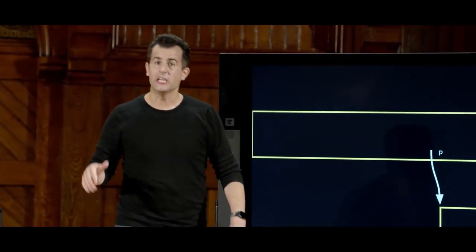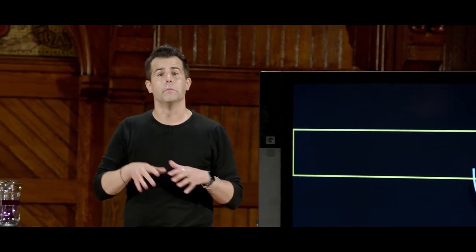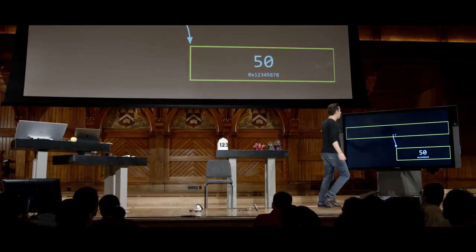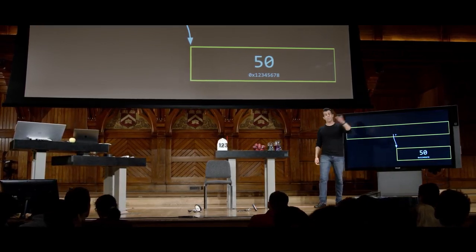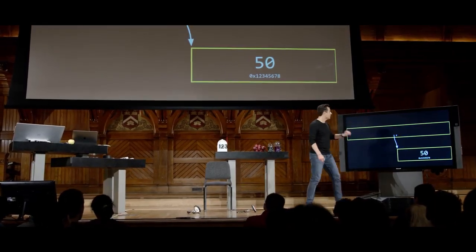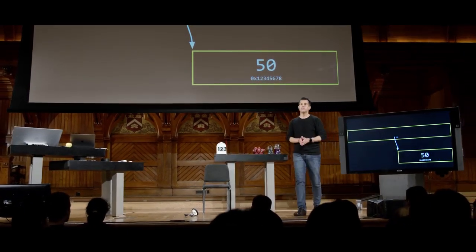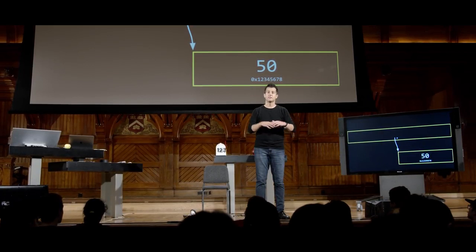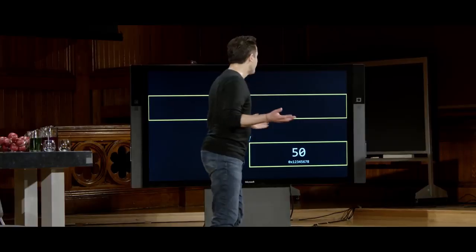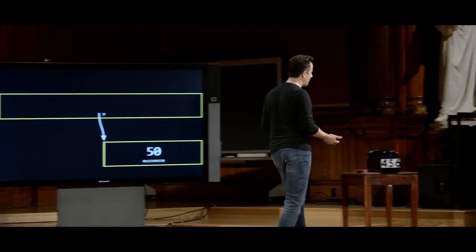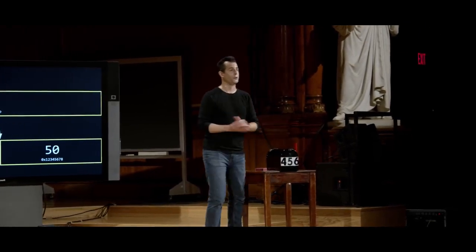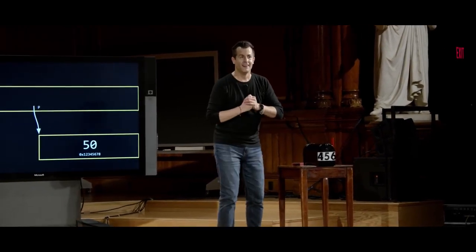Not necessarily, just this is the way life is these days. On most modern Macs and PCs, pointers use 64 bits, the equivalent of a long, if you recall that brief discussion in week 1. So I deliberately drew my pointer on the screen here as taking up 8 bytes or 64 bits. I've deliberately drawn my integer n as taking up 4 bytes or 32 bits. That is convention these days on modern hardware, but it's not necessarily the case. Frankly, I could not find a bigger mailbox at Home Depot, so we went with 2 identical, different colored ones. So metaphor's imperfect.